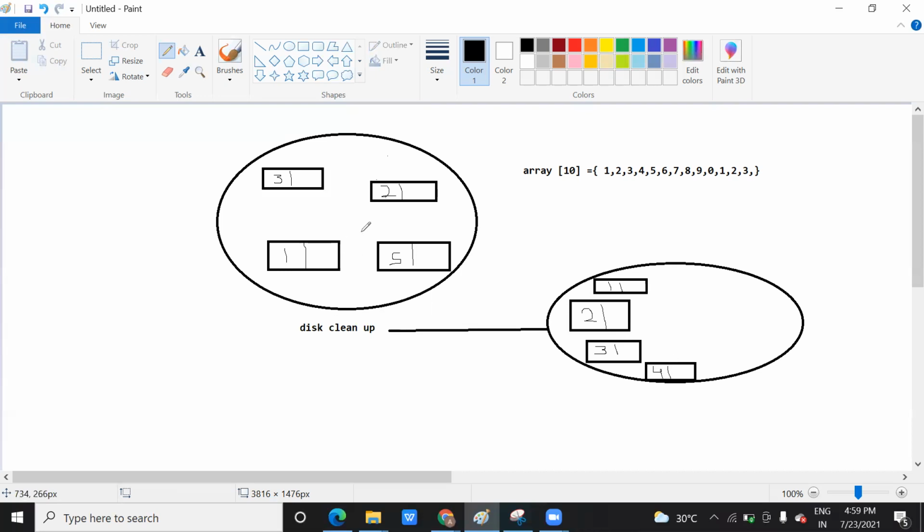So from this you might have got an idea. Once you do the disk cleanup, they will arrange all the data together, and whatever empty space you are getting, this empty space will collect together to form a whole sequence of space. Now you can see you are getting this large amount of space, and that is the reason we do disk cleanup. And what is the reason for this random memory? Because random memory is more effective as compared to sequential one.